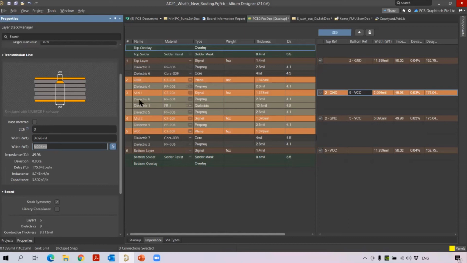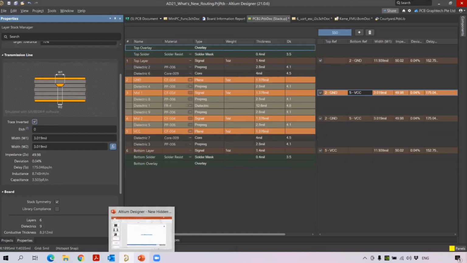That's very important. And a very good feature is that you can see the dielectric layers. Between the conductors, I have different dielectric layers. Each dielectric layer has its own thickness and its own dielectric constant. That is very important. They have their own dielectric constants here, and you can also invert the traces. If you want to invert the traces, you can invert the traces. This is a very good feature we have in the latest version for high-speed design in the asymmetric stripline impedance calculation. Okay, so this is about the impedance calculation. I think I have completed all.